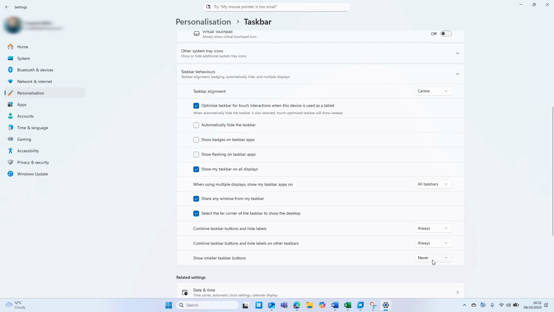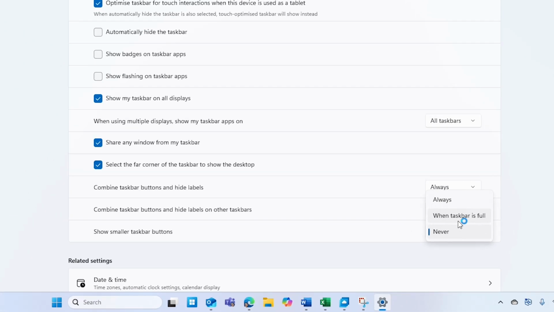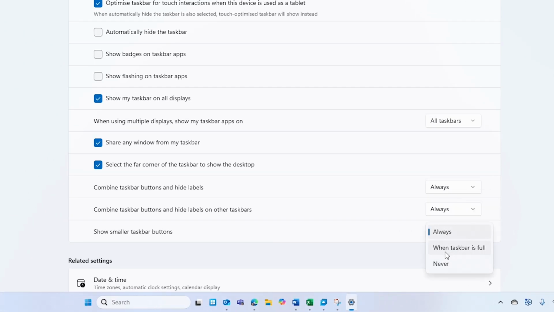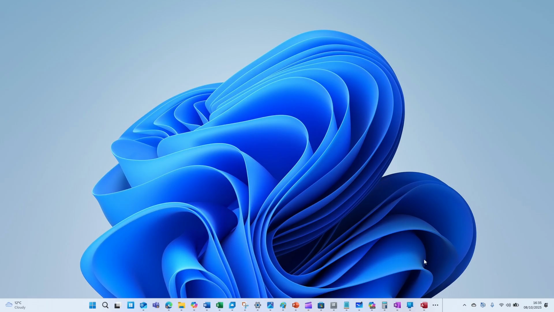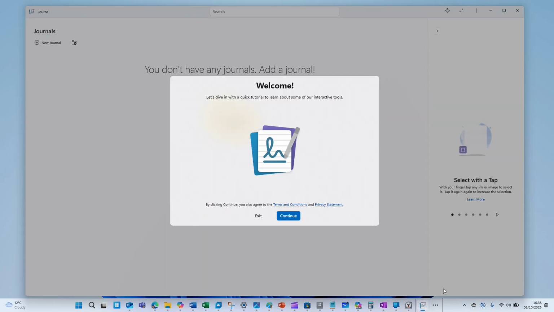So if you hate when multiple Word docs stack in one open icon, you can turn that off. If you're the kind of person who has 1,000 apps open at once, then you'll probably also like to tweak this setting here called Show Smaller Taskbar Icons and turn it to Never. This means when your taskbar gets full, it adds a 3-dot icon at the end here. Click it and you'll see the rest of your apps neatly tucked away